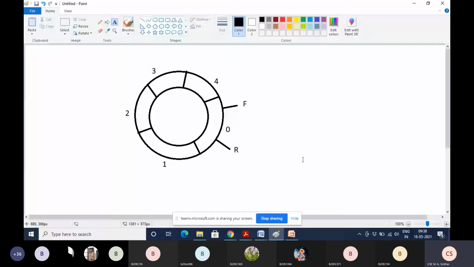Students, can anyone tell? If front and rear are not pointing to -1, those pointers are pointing somewhere in the circular queue. You want to insert, then what to do?